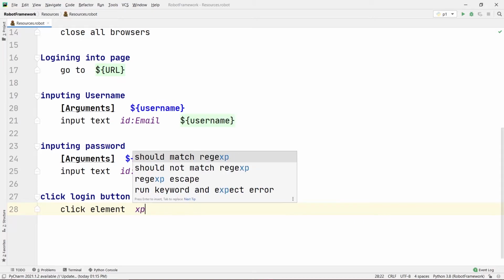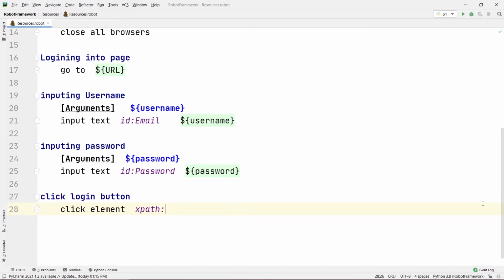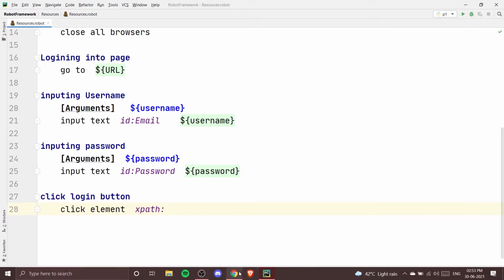So I'm going to write here XPath, and I'm going to paste the XPath. Right now this is a very long XPath. If you don't want to write this long XPath, what you can do is you can just go on to Selectors Hub,